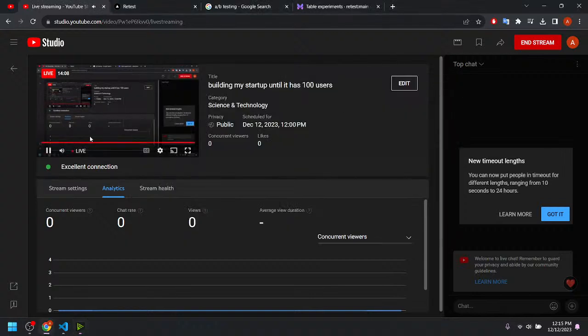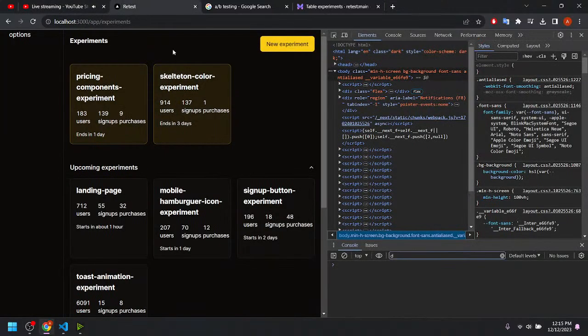Okay, the two experiments, the two effects. I think it looks great.